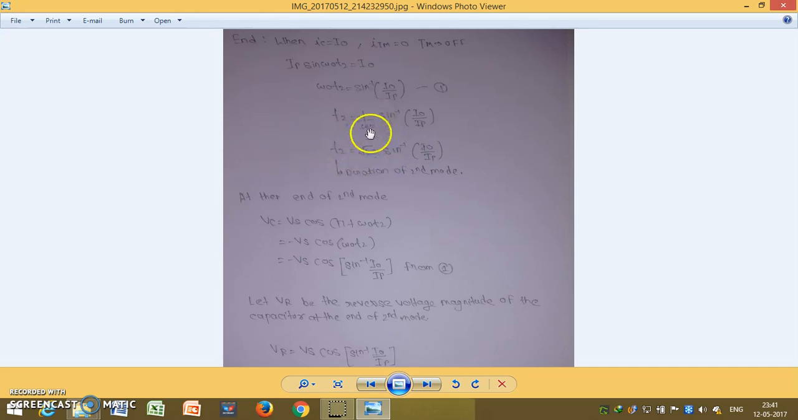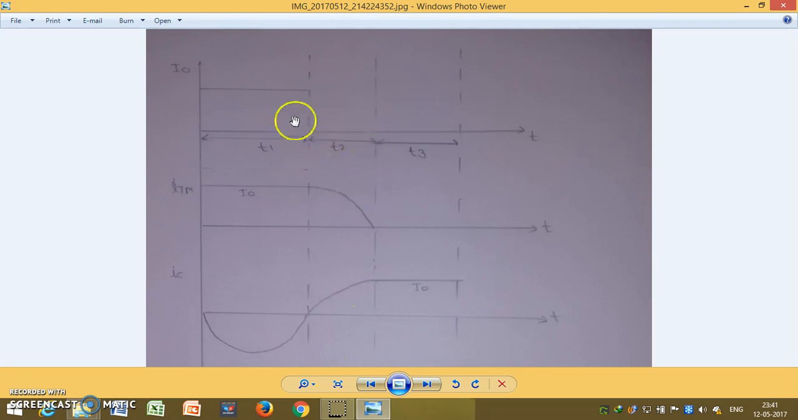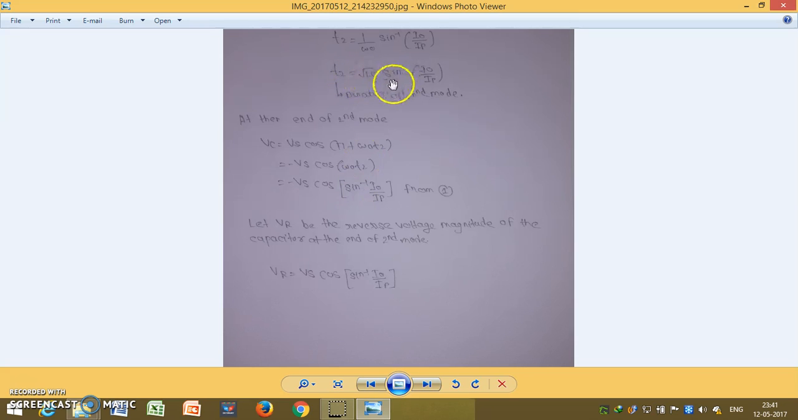And 1 by omega naught is nothing but under root LC. Omega naught is equal to 1 by under root LC. T2 is the duration of the second mode which we found. First mode duration is pi under root LC, and this is the duration of second mode, under root LC sin inverse of I naught by Ip. At the end of second mode,